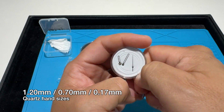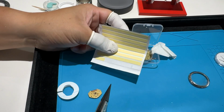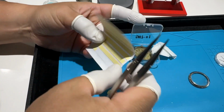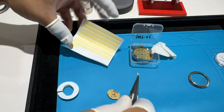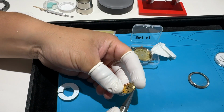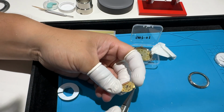So to hold the dial to the movement, we're going to use some double-sided tape. You've probably seen me use this in previous videos. They're just pre-cut into little squares so that you can quickly use them. If you don't have any of this, you can just cut your own, but it's nice to have a sheet already done. And what you need to do is put it in a place where it won't get in the